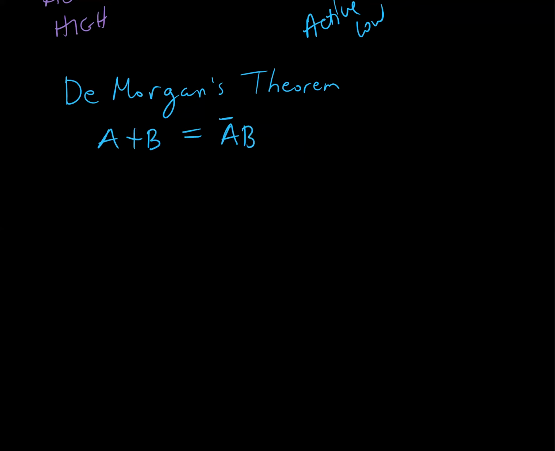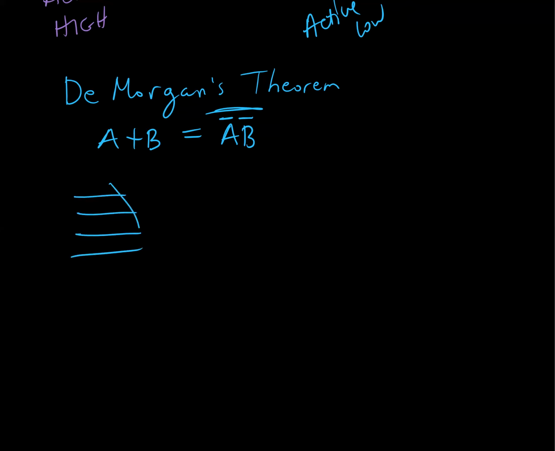So De Morgan's theorem tells us that A or B is equal to A and B if we negate the inputs and negate the output. So if I'm going to draw that pictorially,